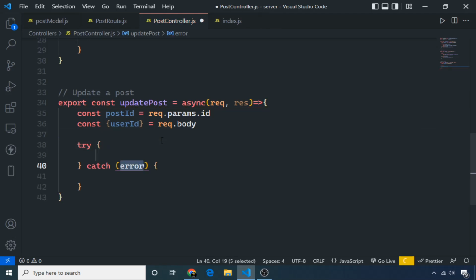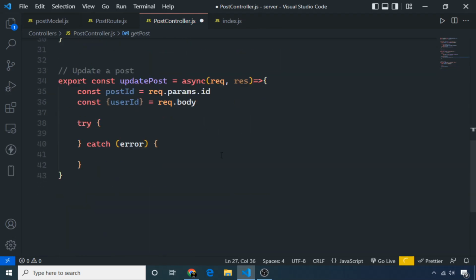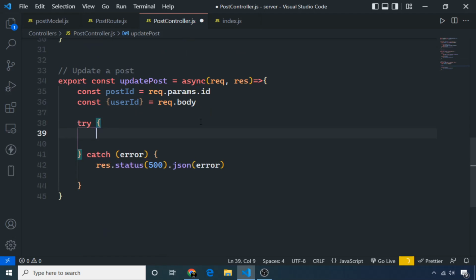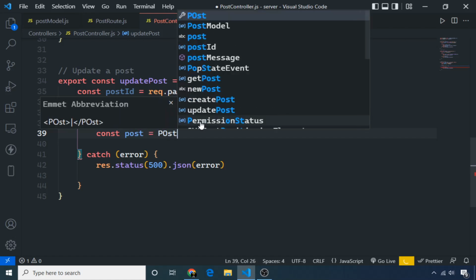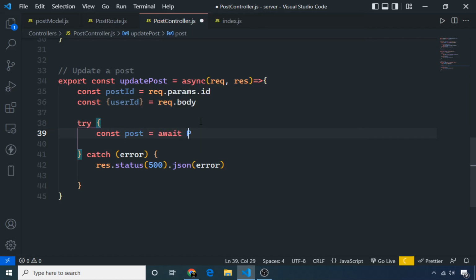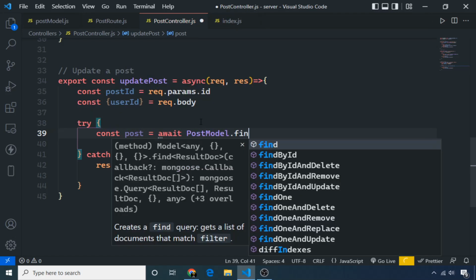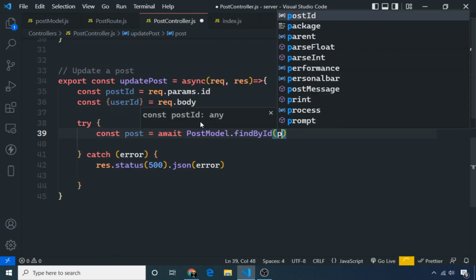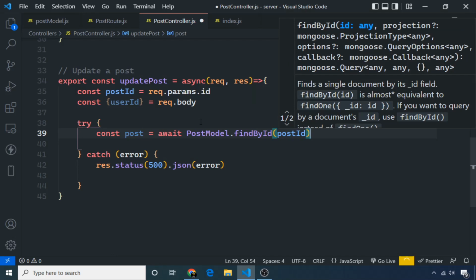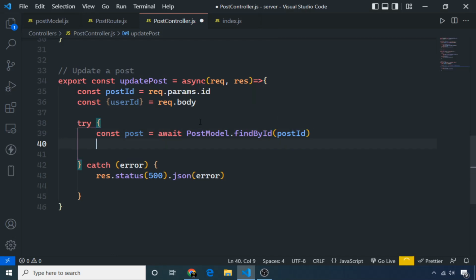So try catch block, and for the catch simply copy this and paste it here, and inside the try block const post. First of all find the post from the post model. So await post model dot findById and give the ID of post, just like this. When the post is returned from the post model, I will double check the validity and the authentication of this